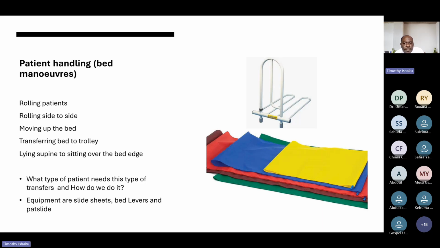But let's say we don't have the luxury of slide sheets, and we don't have the luxury of bed levers, and we still want to move the patient from side to side. What are the alternatives? I guess people do it differently in terms of using our muscular strength, but one of the efficient ways, if you are looking at moving and handling, and of course it depends on the patient's ability, if it happens that you have to use your strength to do it, is